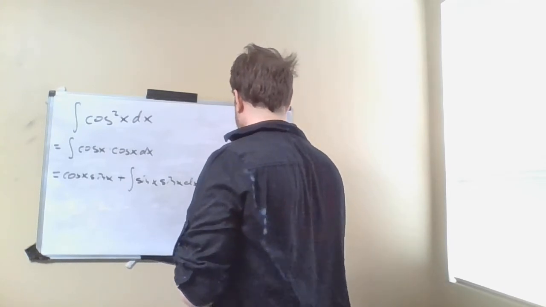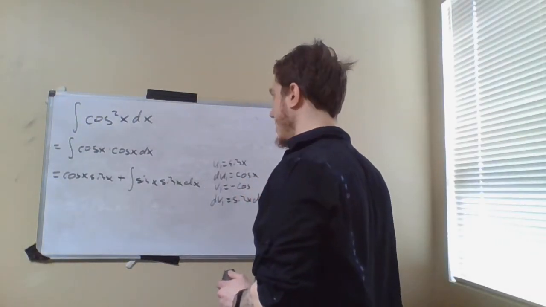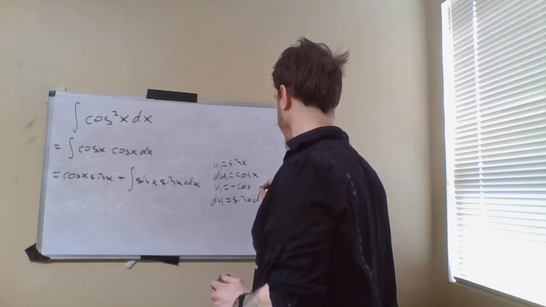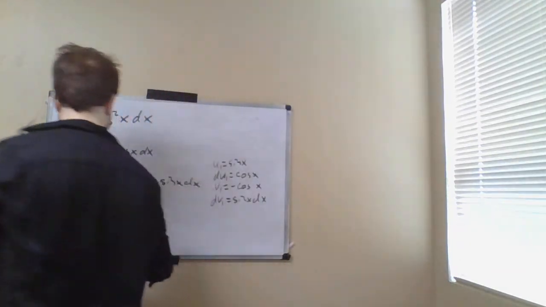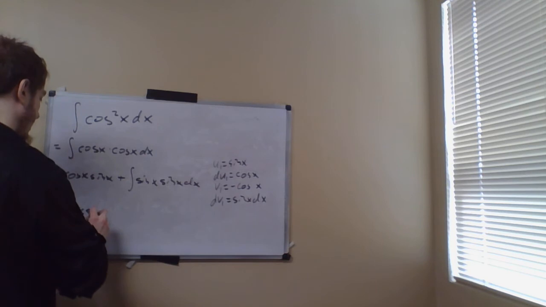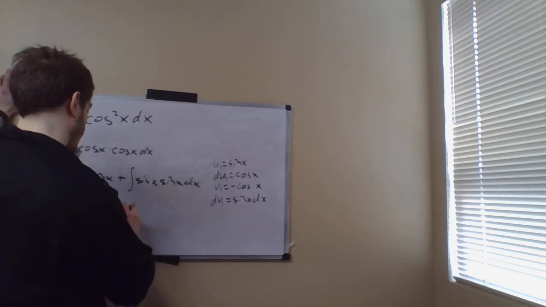And then v1 is going to be negative cosine x, and I can keep on rewriting this. So this is going to become cosine x sine x, and then we're going to have plus